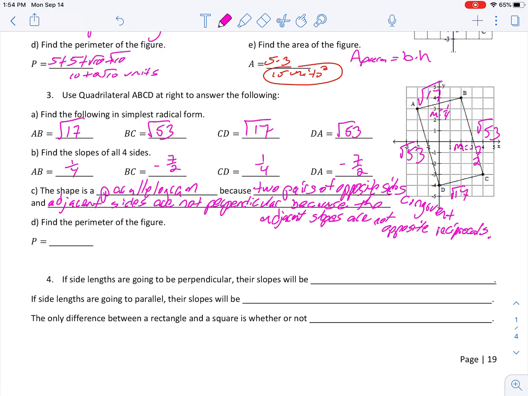Now for the perimeter of this one, we are going to add up all the sides, okay? I have two sides that are root 17. I have two sides that are square root 53. So 2 root 17 plus 2 root 53. Best I can do. Because this is not a rectangle, it's a parallelogram, I would have to go through and find the length and the perpendicular height, and I'm not going to worry about